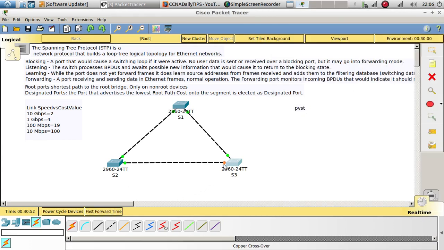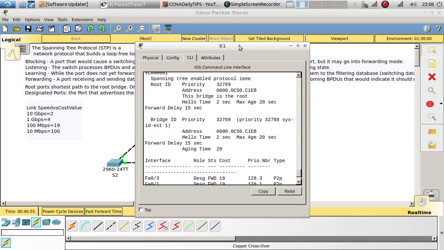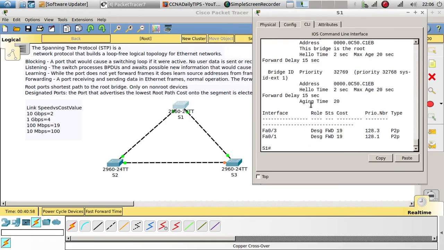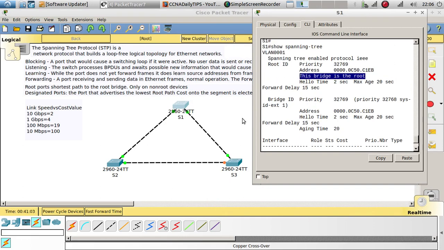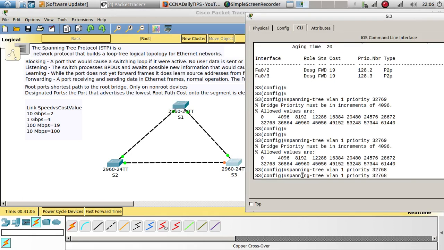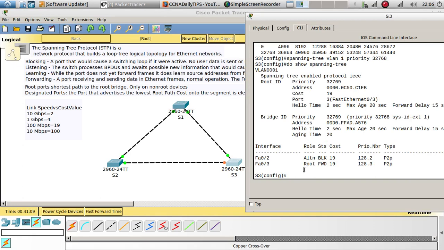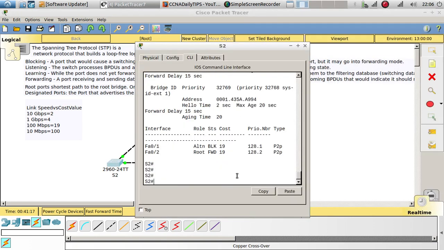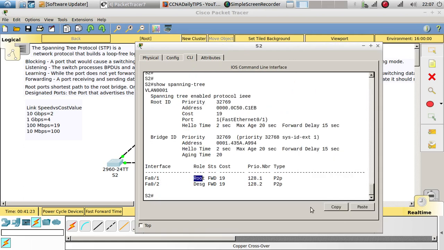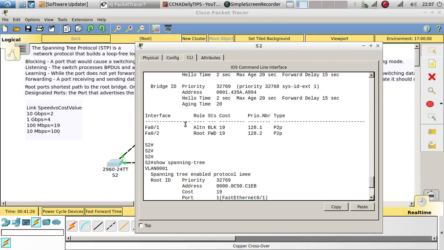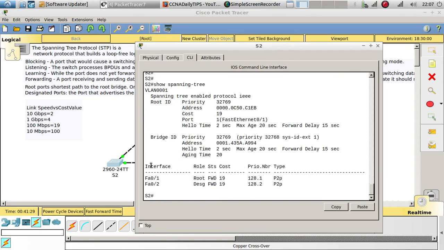You can see now that this one became in the blocking state again. So if you go back to switch 1, this one is the root bridge again, and this one is not the root bridge anymore. Here we go. So this one is the root bridge, which is switch 1, and this one became the root bridge again. Remember, before, when we made switch 3 the root bridge, this is what we had, and now since switch 1 is a root bridge, this is what we got now. Okay,